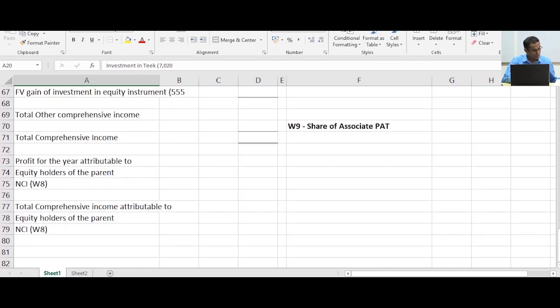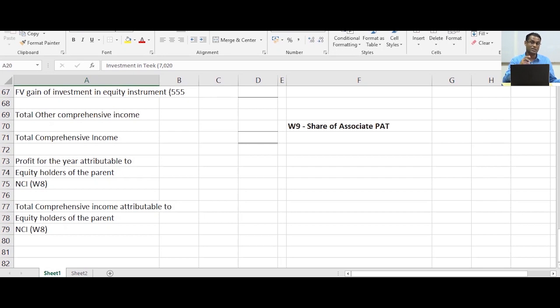So as per the question, before the statement of financial position of TEEC PLC as at 31st December 2019, it was mentioned that the fair value of Pinnacle PLC's 60% holding in TEEC was 7,020 million, within brackets, and the total cumulative gain recognized in the other comprehensive income in the Pinnacle PLC's separate financial statements amounted to 975 million. So this has to be reversed when parent is preparing the consolidated financial statements,